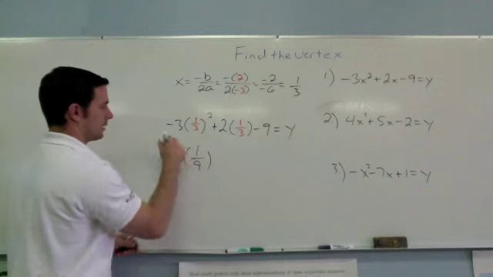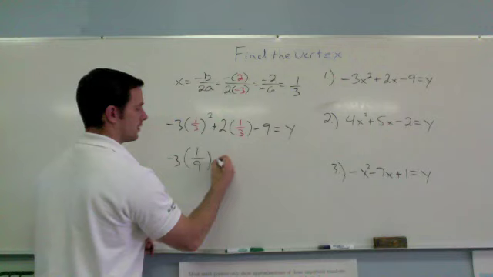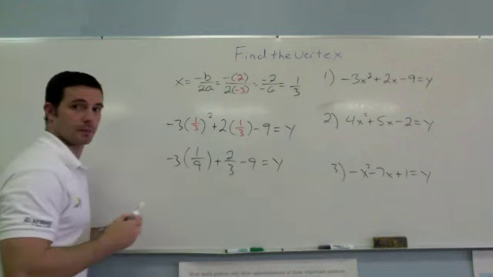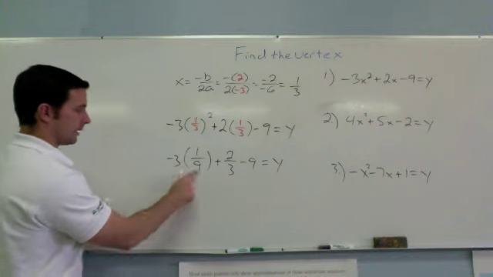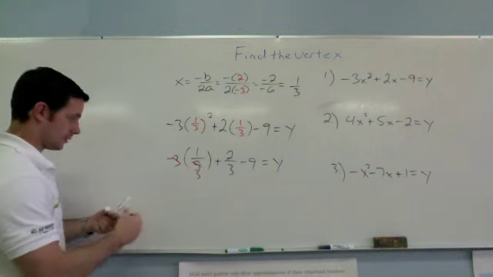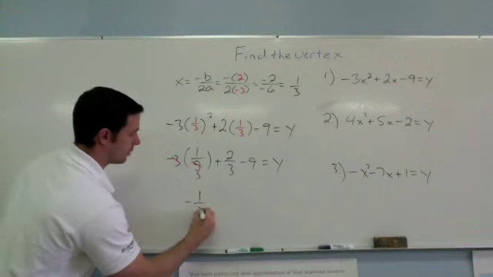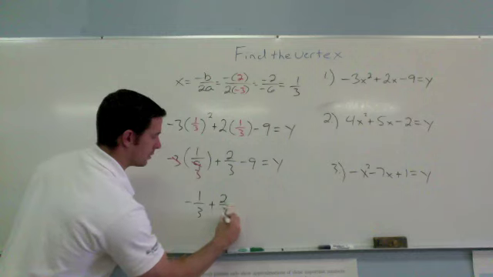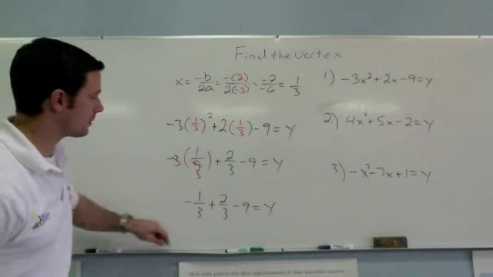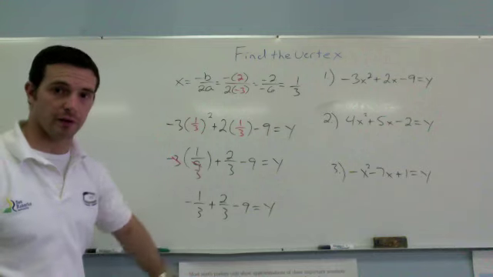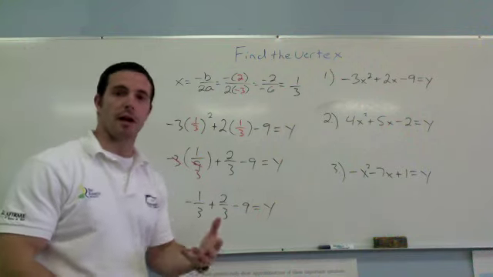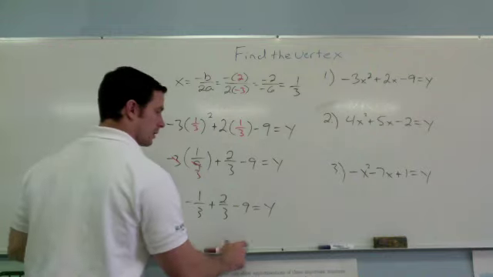And then this is still times negative 3. This is going to give you 2/3. Minus 9 equal to y. From here, I can do some reducing right here. This is going to cancel. This becomes 3. So I will now have negative 1/3 plus 2/3 minus 9 equal to y. Now, let's go ahead and get rid of the fraction. Since we have the same denominator here, we can just multiply the entire equation by 3. If I multiply the entire equation by 3,